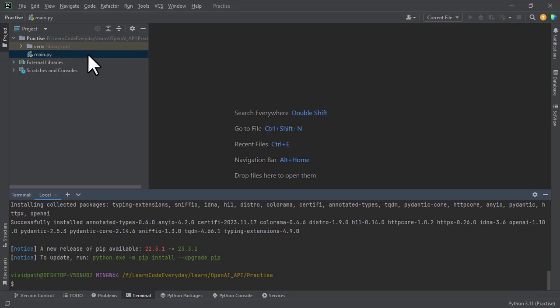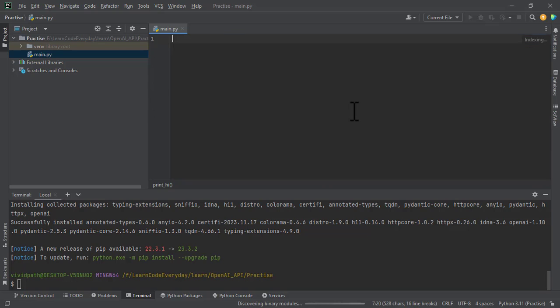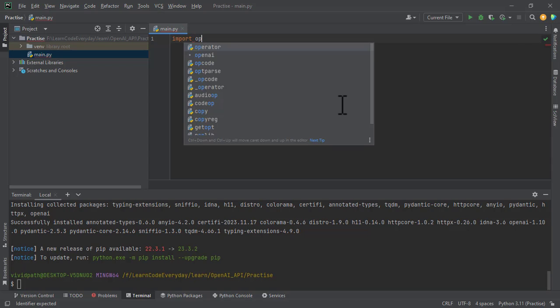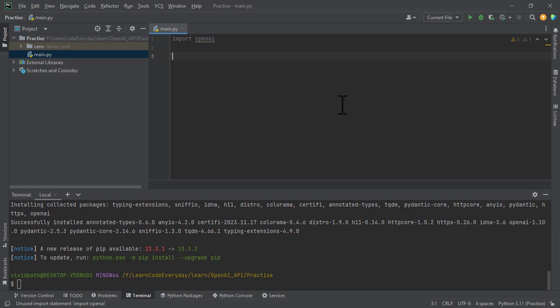Alright, now I have successfully installed OpenAI, and let me create the new main file. Let me remove everything and create an empty file. Here, let's test whether we have successfully installed OpenAI or not by just importing openai. And once you're done, let's print "OpenAI imported successfully." Okay,